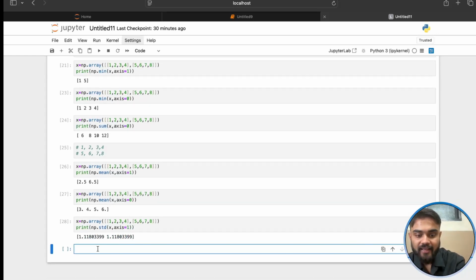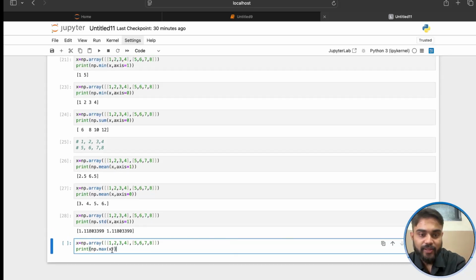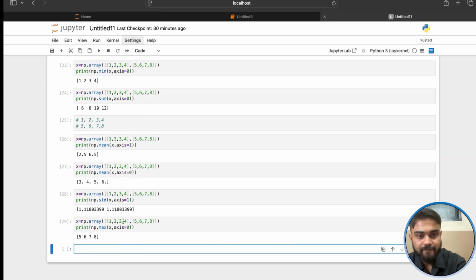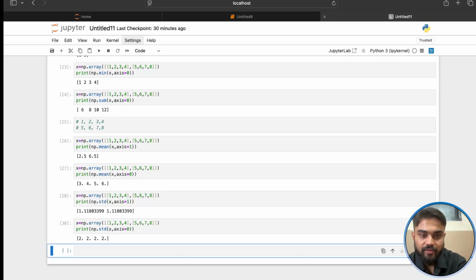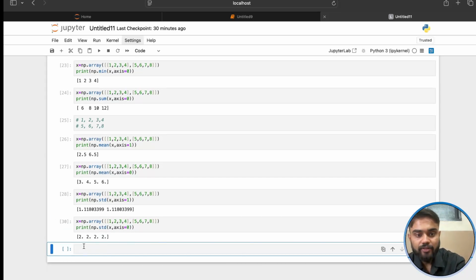Now again I am going to put axis is equal to 0 here. So what will the concept? 5 6 7 8. Okay, in place of max, what you have to mention here is standard deviation of x. So you will find out the output 2.2 2.2 2.2 2.2, 4 वैल्यूज़। ओके, तो यहाँ तक आप सभी का क्लियर हुआ होगा, कंसेप्ट अच्छे से क्लियर हो रहा है।